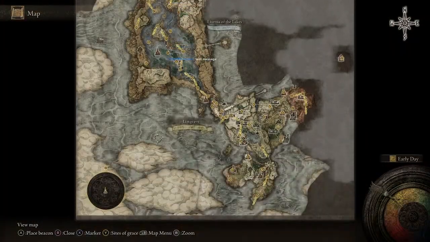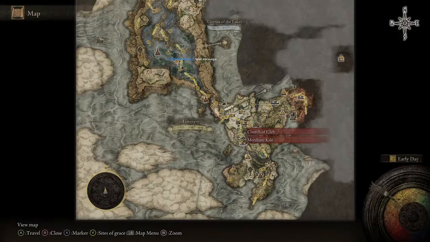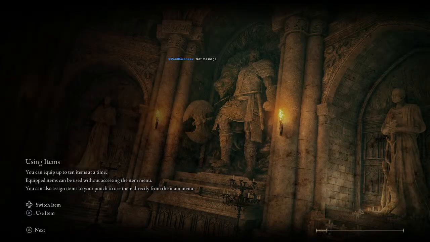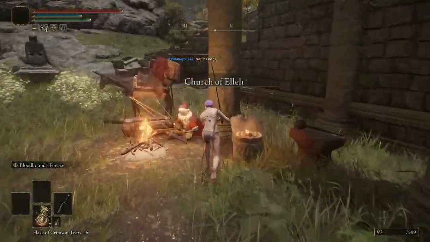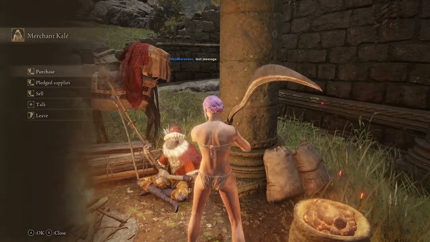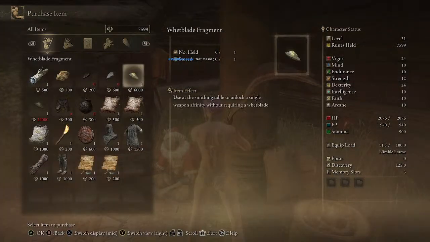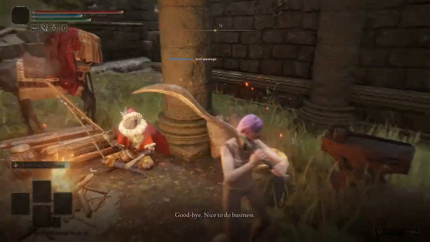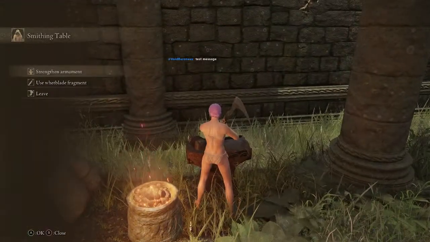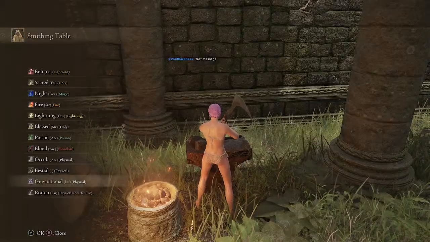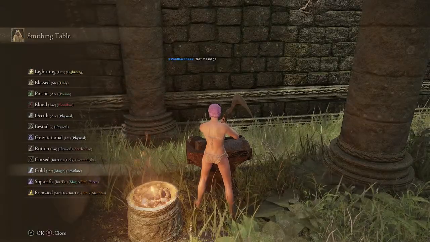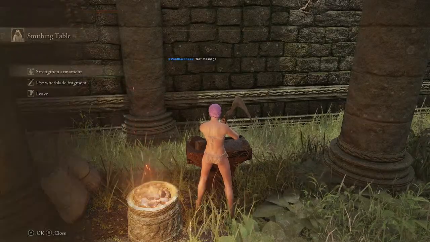Which makes it very awkward to get here after getting the invitation. Before we port back to the elevator to go back up and progress Altus as normal, we are going to be grabbing something from good old Kale here first, which is this, a whetblade fragment, which, much like the normal whetblades, allows us to simply pick up a certain whetblade affinity